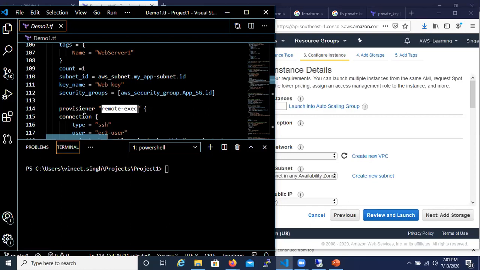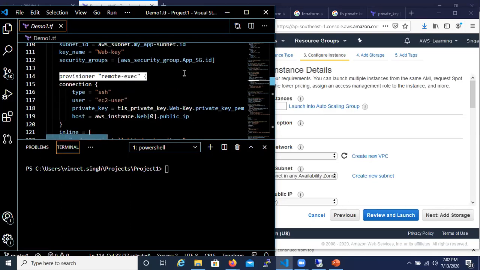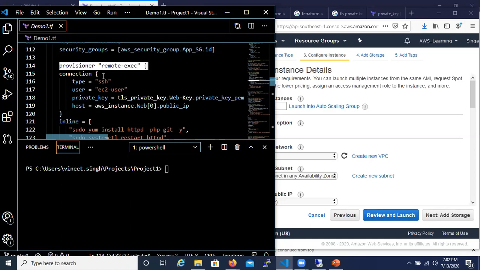In this specific case, once the instance is launched, I want to execute certain commands. Always remember, a provisioner component has to be defined under a resource block itself. So here I have defined provisioner remote-exec.